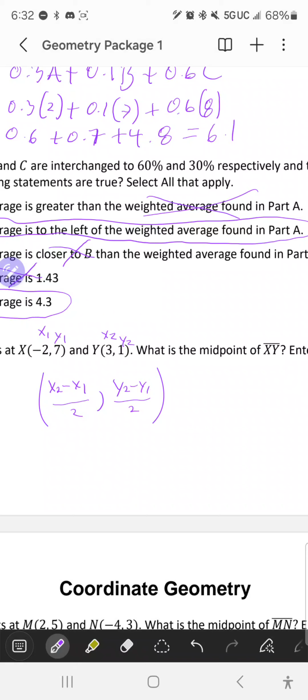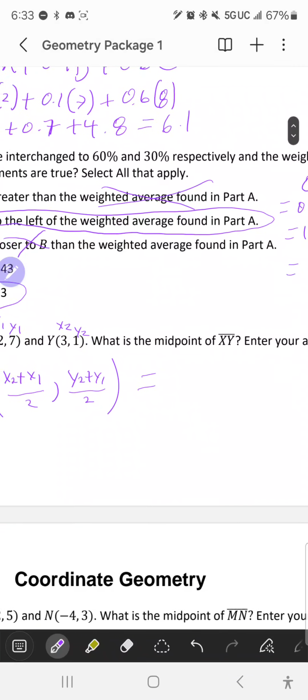Sincerely, the order doesn't matter. Oh, this is plus, not minus. I'm sorry, that was my bad. You can put x1 first or x2 first. I just like to do it like that, but it's up to you. Use the x's plus the x's and the y's plus the y's. So this is going to be